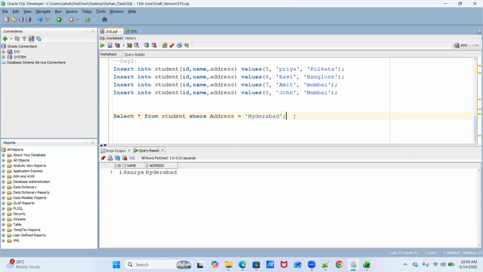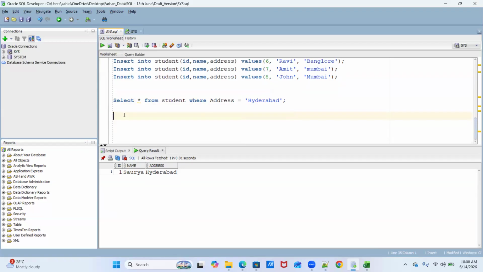Now we were discussing the upper function. I'm not sure how clear it was yesterday, so I will cover it briefly and then we'll move forward. What upper basically does is convert your data inside the table into upper case.